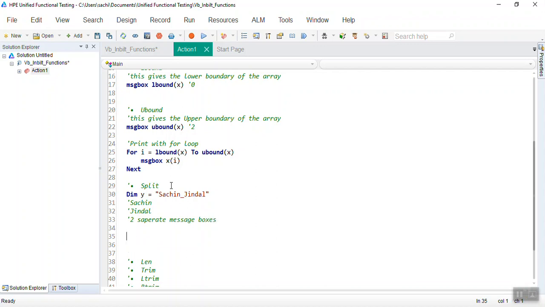So this is a string that is separated by a delimiter. I can see it. The delimiter is underscore, and I have to print Sachin in one message box and Jindal in the other message box. So how can I do that? I have to use this split function here. So what does the split function do? It takes a string as an input parameter